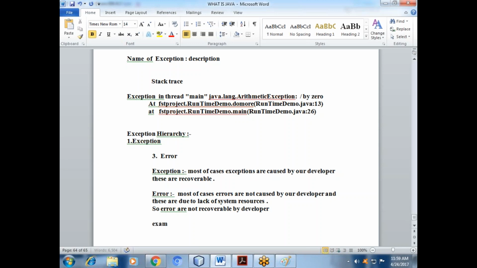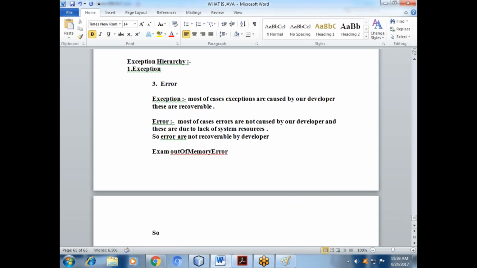So you can write an example, that's better. Example: out of memory error.